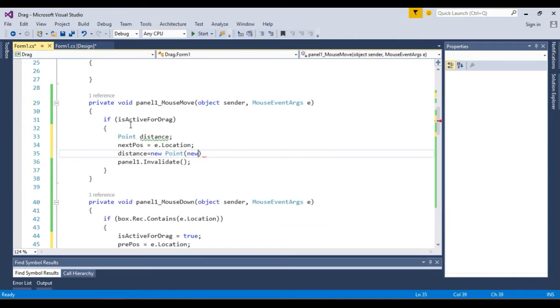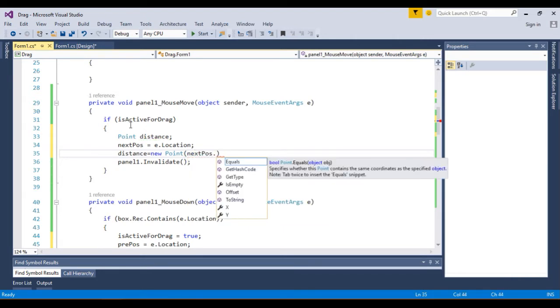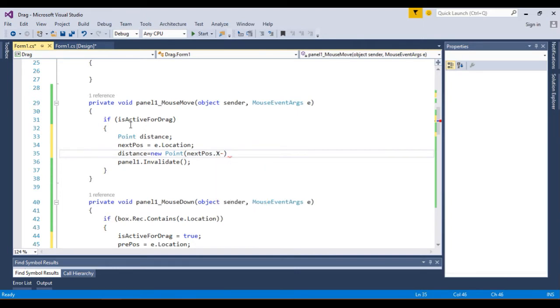Next position, I'm sorry, next position that's x minus previous position that's x, and y, okay,